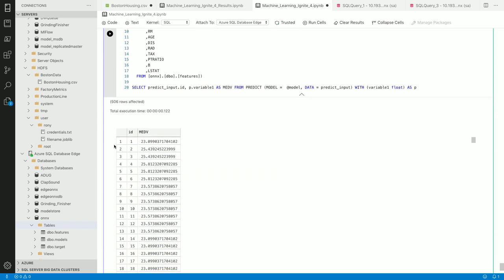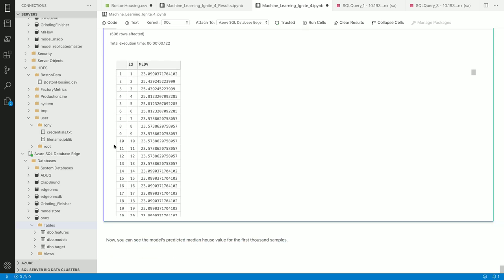Now you can see that I have the median home price values also on the edge device, just taking data from the nitrogen oxide levels from the sensors based on the ONNX model which was just deployed. So this is good that we have covered model scoring, model building, model management, model deployment, storing